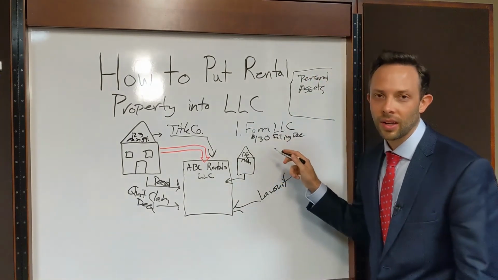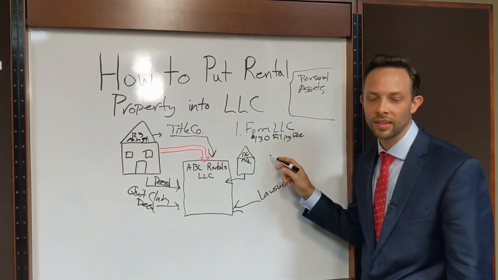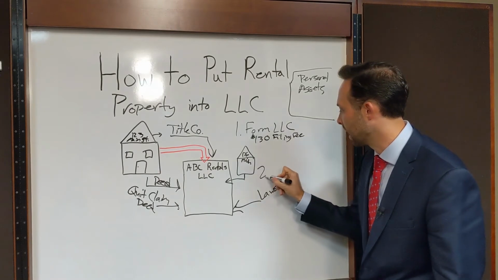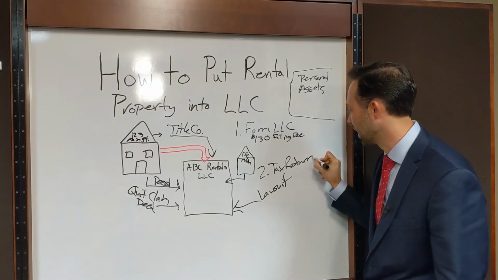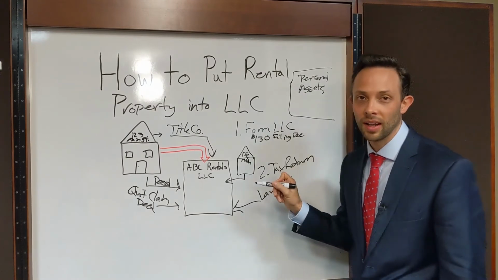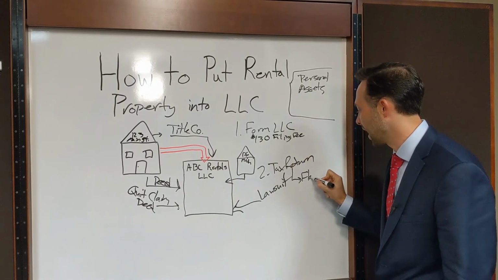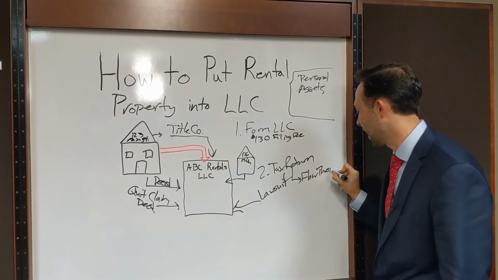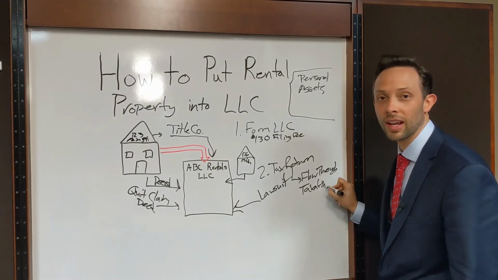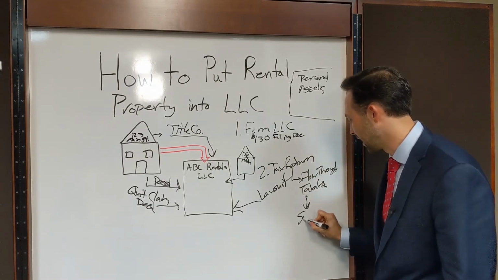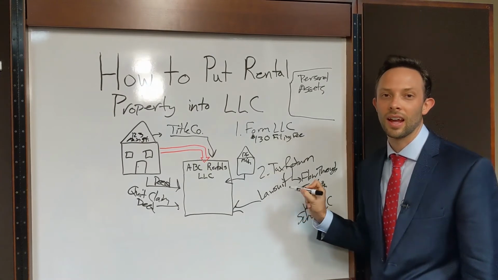And again, there are some costs to each LLC. There's a filing fee to set it up, attorney fee to set up the LLC, and then ongoing you would have the tax return each year to file for the LLC. Now, the great thing for a single member LLC is if you elect flow-through taxation, you do not have to file a separate tax return. You can file it on the Form 1041 as Schedule C. So for many people starting out, that's a great option.